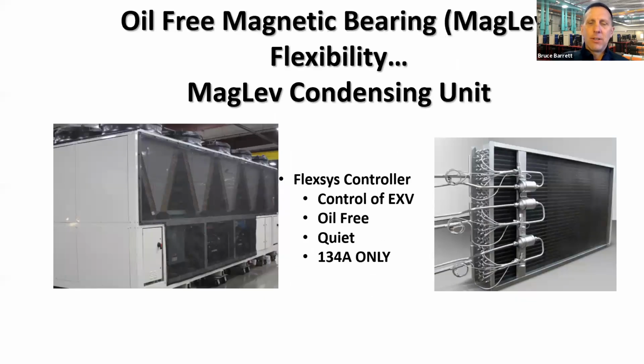Mag bearing condensing units. So you've got multiple coils, multiple circuits. We would control the expansion valves on a call for cooling in the space. We've got our super quiet compressors and condenser outside doing all the control of the air handlers. Right now we're doing 134A only for MagLev condensing units. We're limited there to about 100 tons of coils. We don't want to go any smaller than that. We want to be able to turn down to those smaller loads. We even got the cottonwood mesh there that we installed in the factory in this picture.